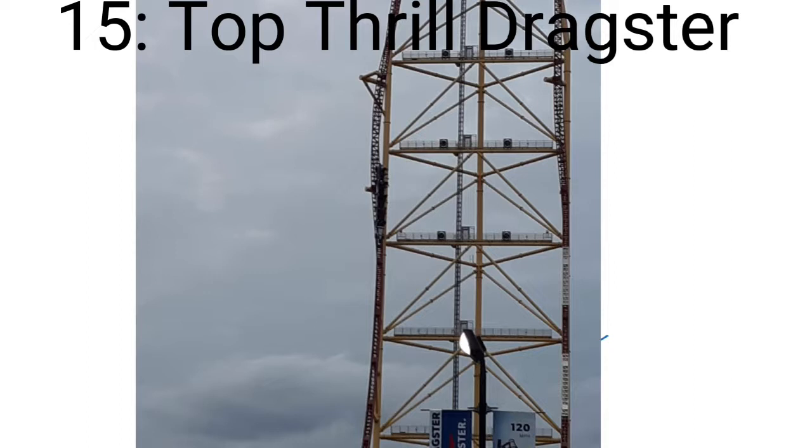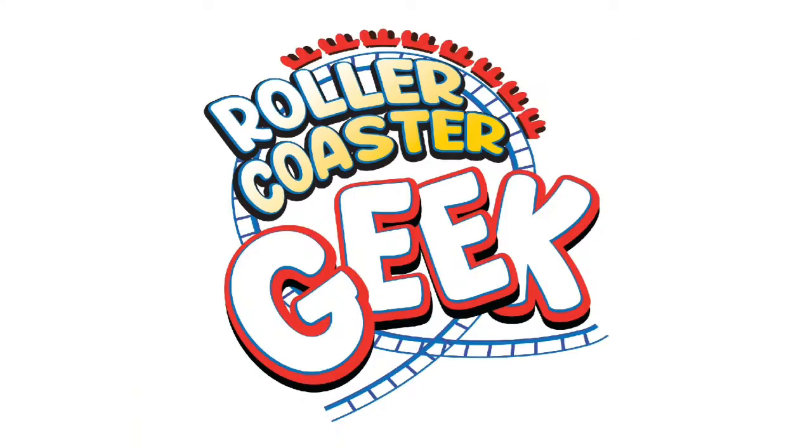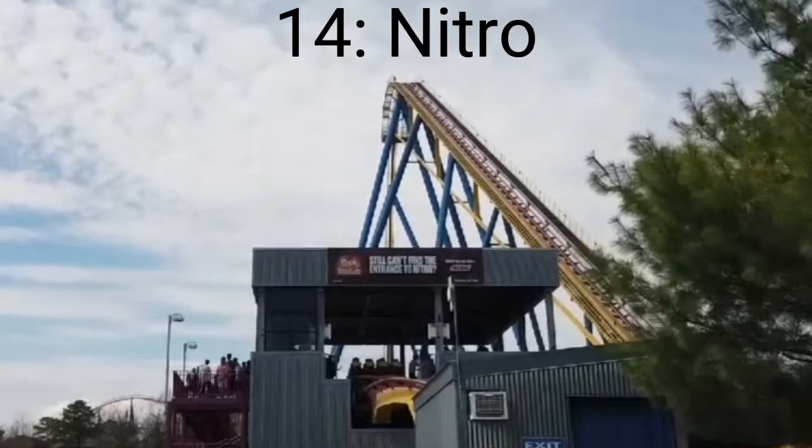And also, I think the bleachers really add to it. I just think the spectacle of it is really cool. 14 is my favorite B&M Hyper, Nitro at Six Flags Great Adventure. I think the first half of this is just like most other B&M Hypers. It's just a bunch of decent camelbacks. But then the Helix is a grayout for me every time, and the final set of bunny hills are